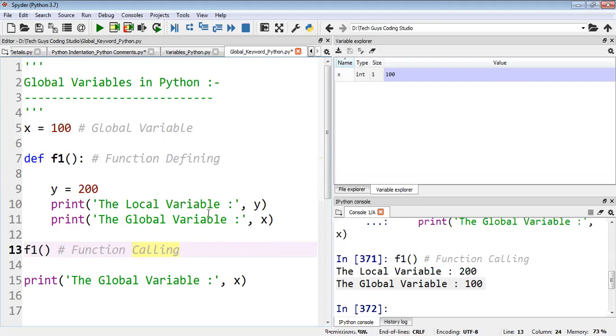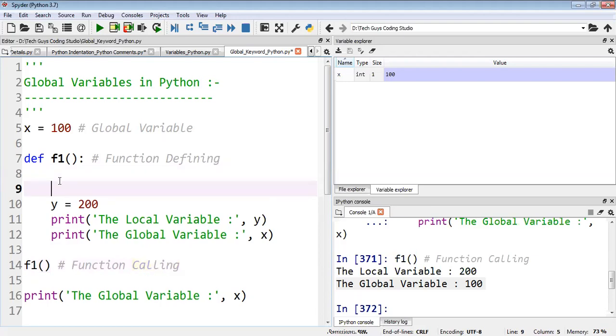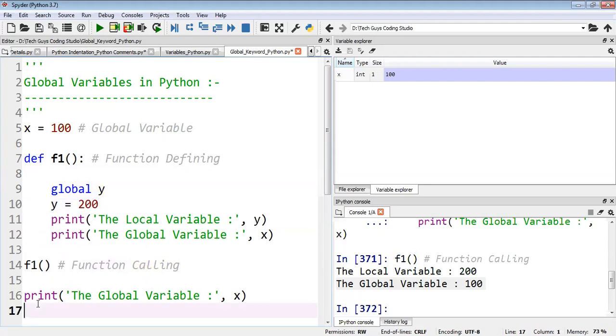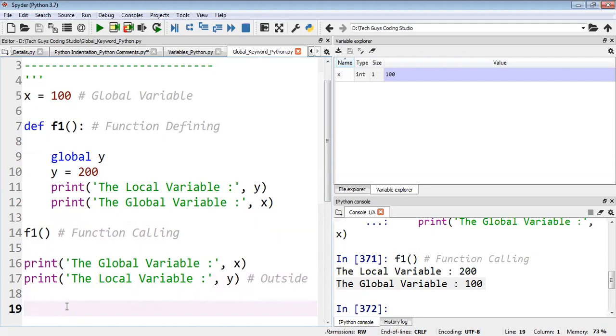I will take global as a keyword and define y as global. Now I want to access this local variable outside the function. Can I access it or not?